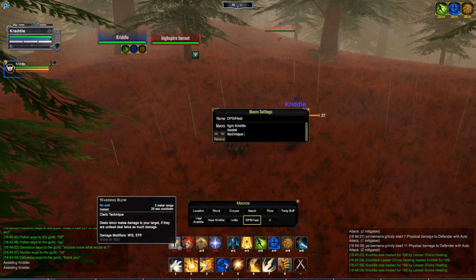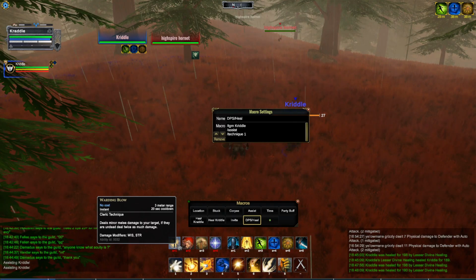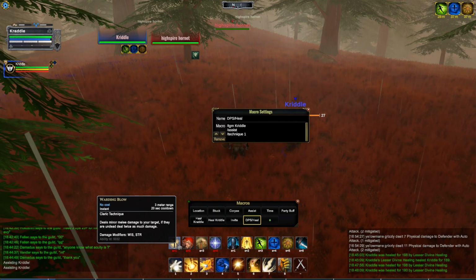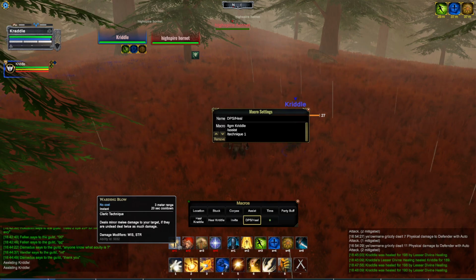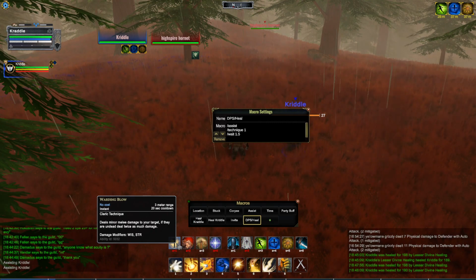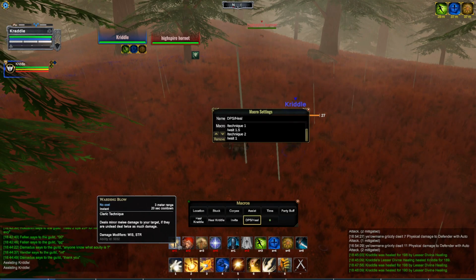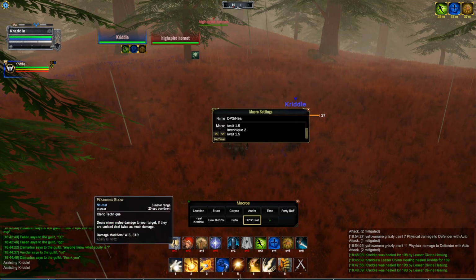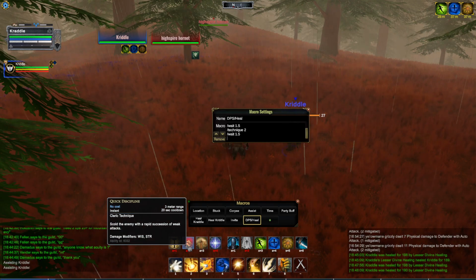And I could do technique 1. Enter. Now, these are instant cast. So that's another thing I wanted to go over. This is an instant cast, so I don't have to wait for the cast time, but you do have to wait the 1.5 second global cooldown. So here you would say wait 1.5, enter, and then slash technique 2, enter, slash wait 1.5, enter, and then that would do this ability, then it would do this ability,